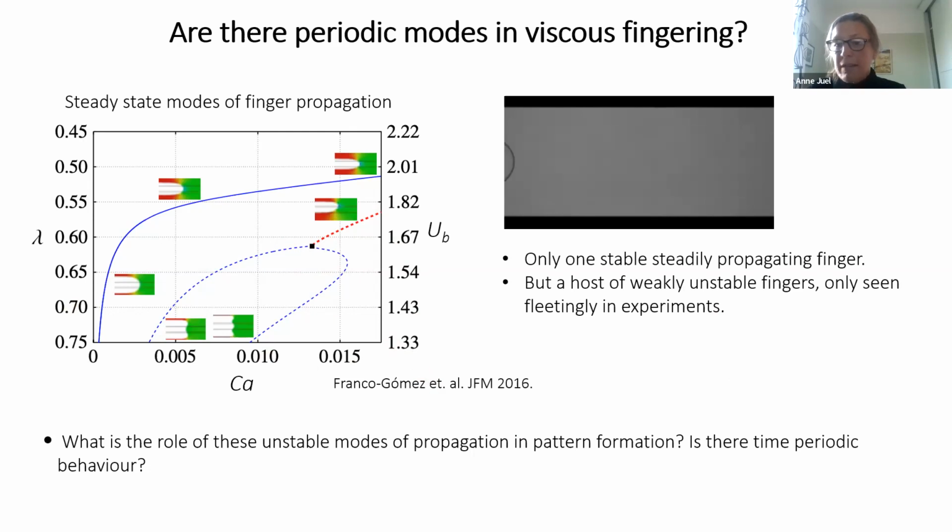And so really, is that it? This is a steady bifurcation diagram. But there's likely to be more unstable time-dependent modes of propagation. So can we get some idea about the more general dynamics that goes on in that system beyond these steady states? Because that would give us a hope to build up enough complexity to drive disorder.